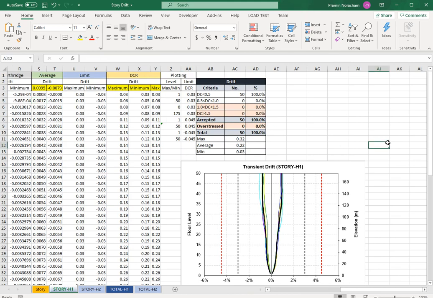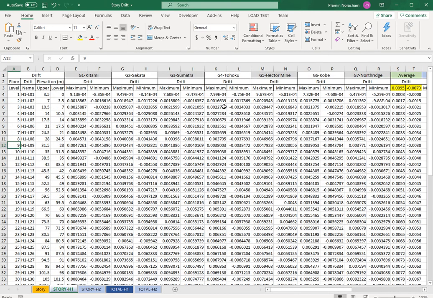You can imagine if you need to summarize the results based on the ground motions, for many ground motions, it will take a lot of time. If you let PX help you manage this, it will be very fast and easy.